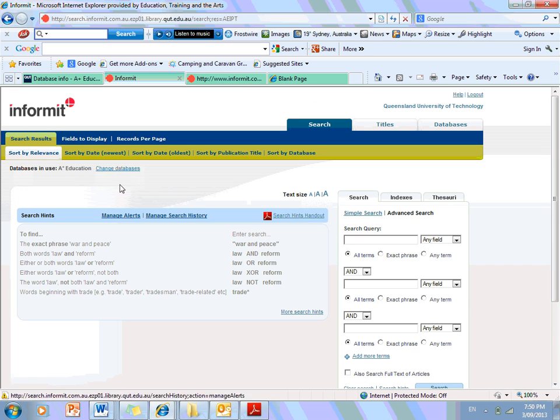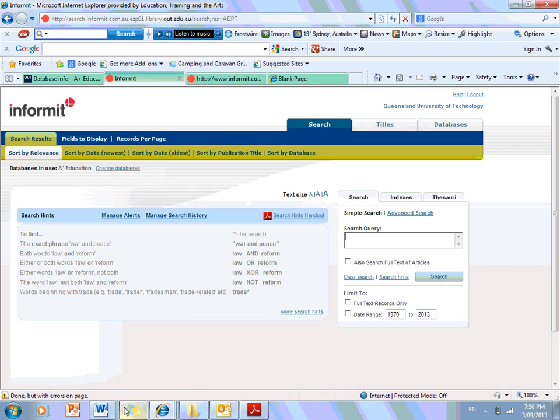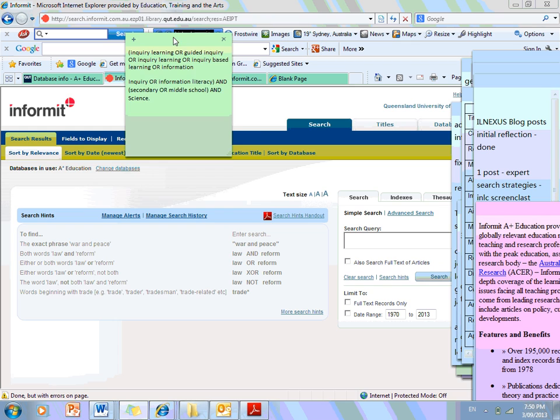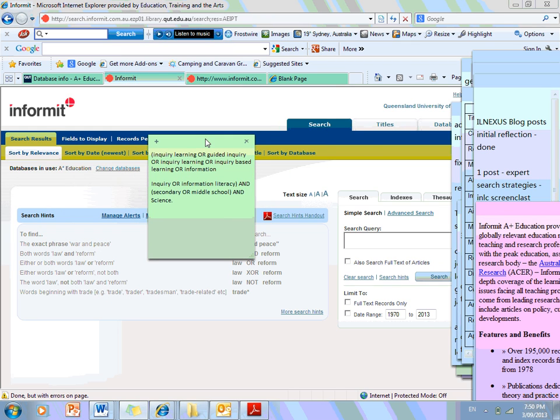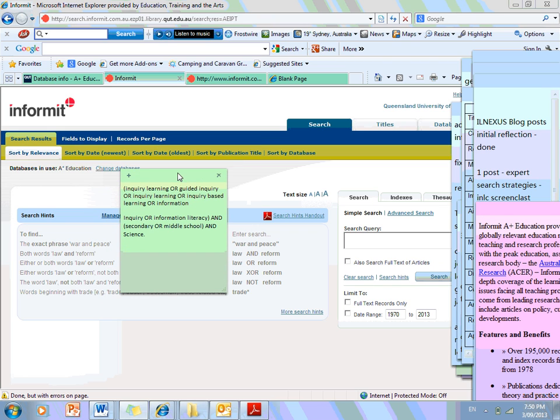Okay, so starting off with this, I will head back to our simple search. And what I would like to put in is a complex search string. This, in the middle of the screen, is my complex search string. This is what I have chosen to search and compare across the databases. What I have here is